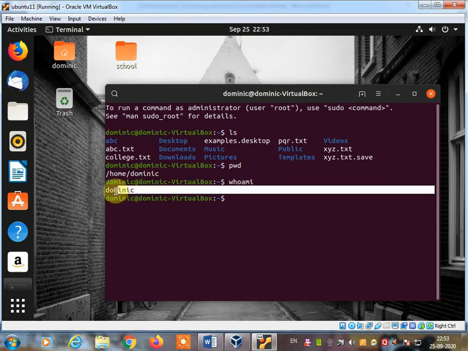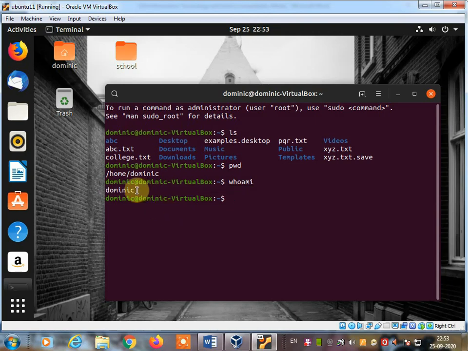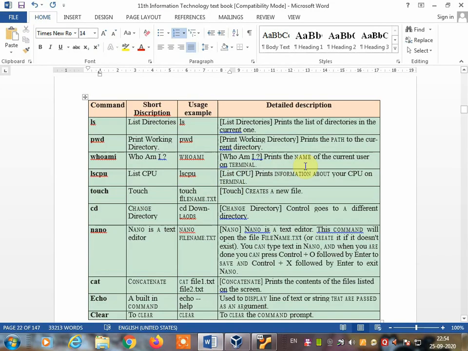You will get the name of the user who is registered on the Ubuntu operating system. That username will be displayed. So that is whoami. It will print the name of the current user on the terminal.